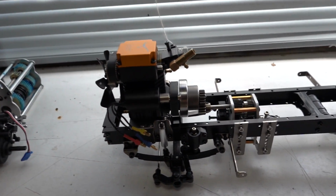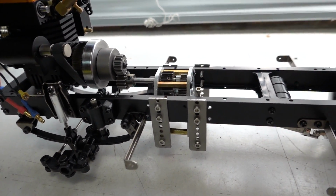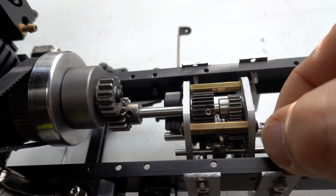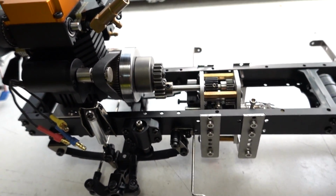But I also had this one here that I thought, you know what, I could make that work. This is only single speed, but it does have reverse. It's got a little shifting fork here, it goes backwards and forwards, and it also does have neutral. So as you can see, now